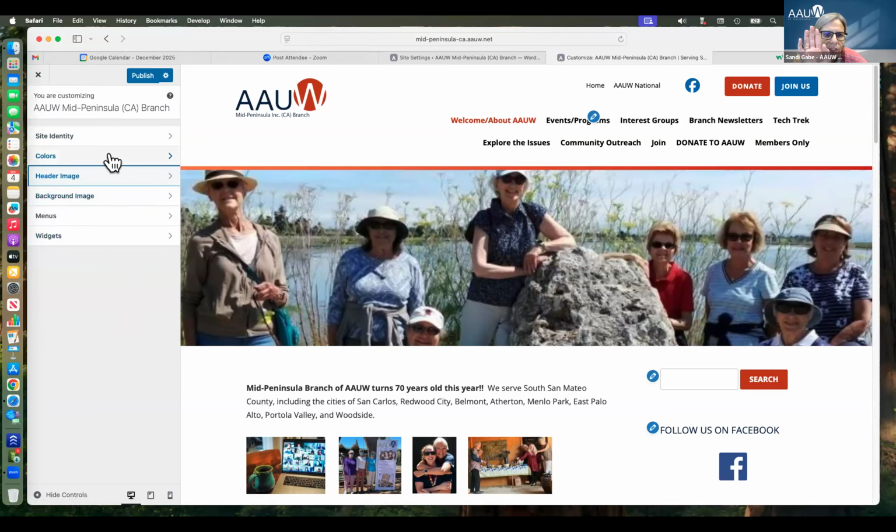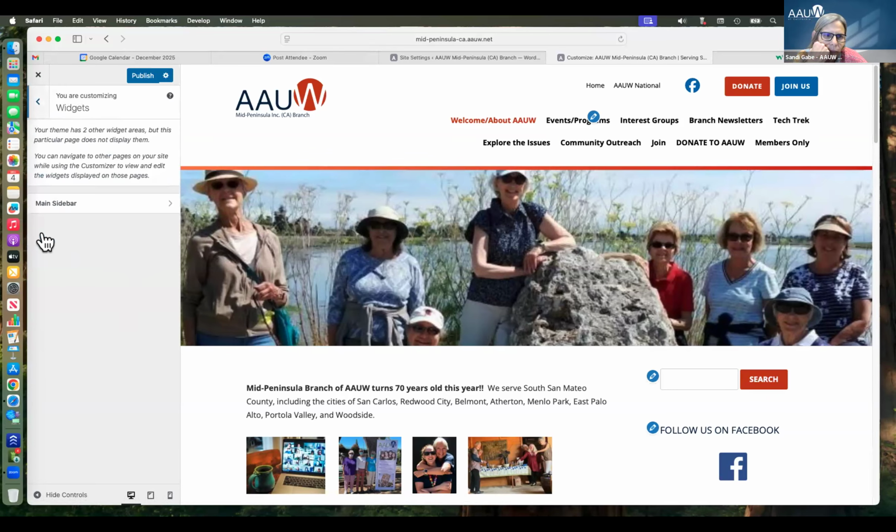Colors, you're not going to change. Don't change the background image. The site identity has already been done. So it's menus and widgets here. And if you want to click on widgets, so you were asking about the main sidebar on the right-hand side. So if you go to main sidebar and click on that,